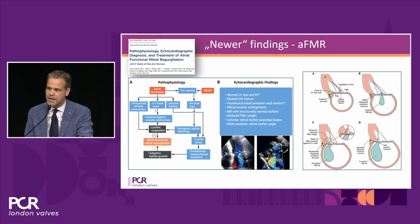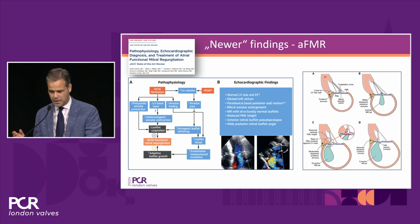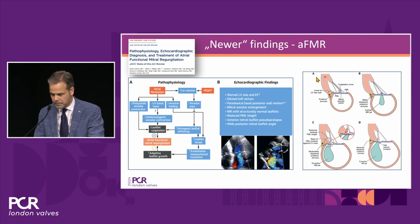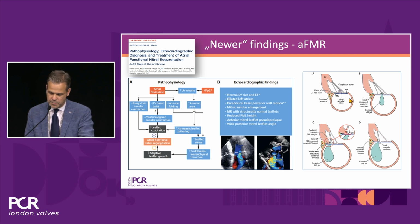It's not only the annulus that is the problem, but also the hemodynamics in the annulus and in the atrium change. There is also lack of leaflet growth. Leaflets can grow on the posterior side, but what we also learned is that it's not only annular dilatation, the Carpentier type 1, which is more or less 60% of these patients. Actually 40% of these patients have a sort of type 3B, where the posterior annulus point goes over the crest of the LV, and it becomes a very restricted posterior leaflet, which is causing